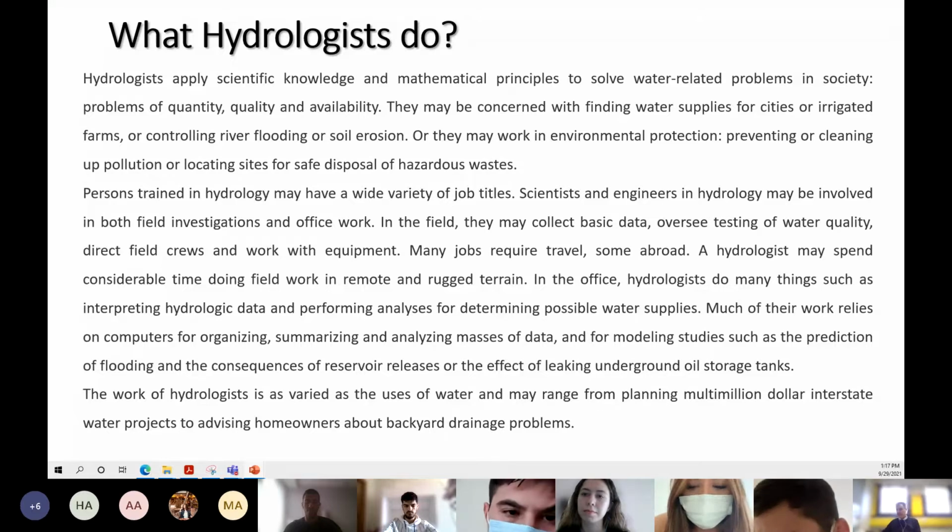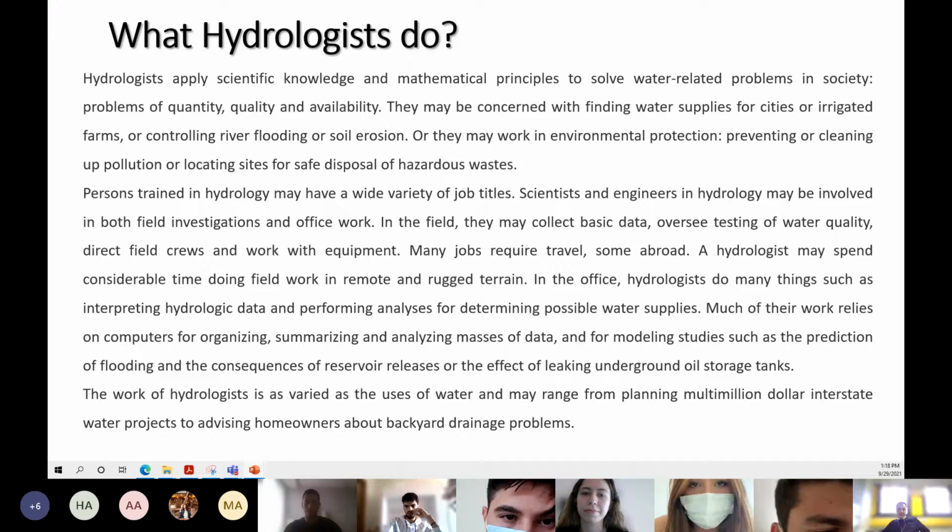Irrigation, what does it mean in Turkish, Ceren? Tarımsal sulama diyebiliriz. Yeah, this is the Turkish translation, the aim of agriculture. Irrigated farms, or controlling river flooding,